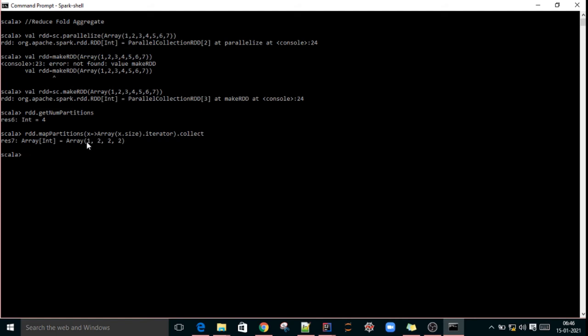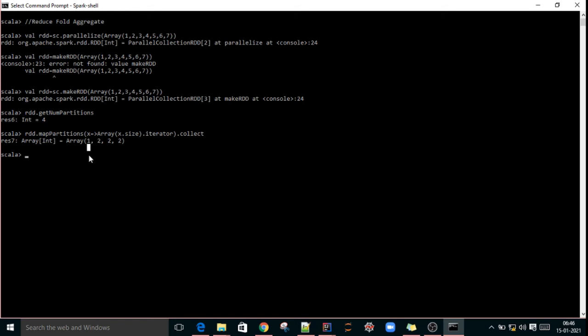The first element is available in the first partition. The second two elements, 2 and 3, went to the second partition. 4 and 5 went to the third partition. 6 and 7 went to the fourth partition. So 4 partitions, 7 elements distributed: two partitions having 2 elements and one partition having one element.